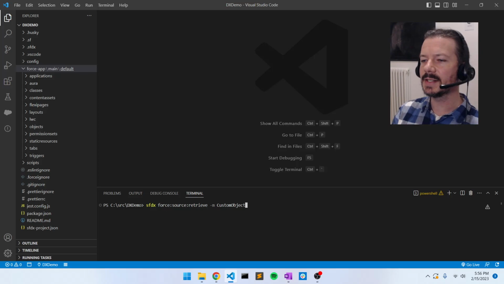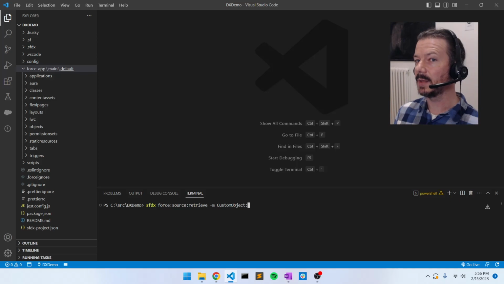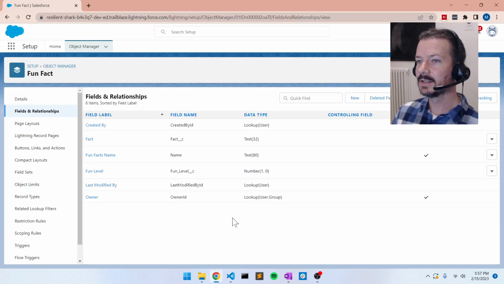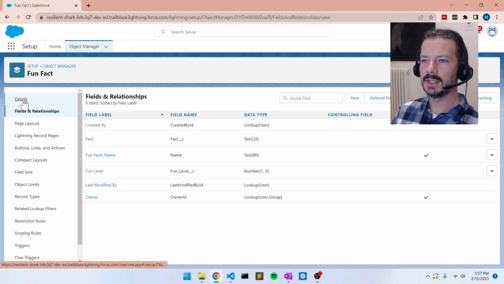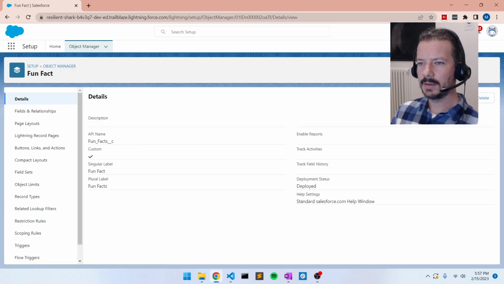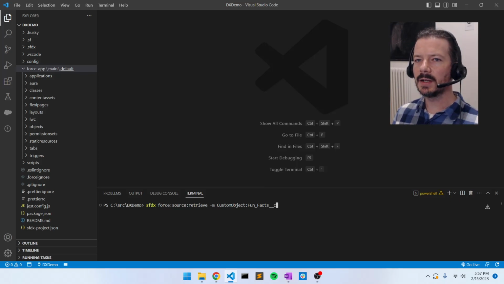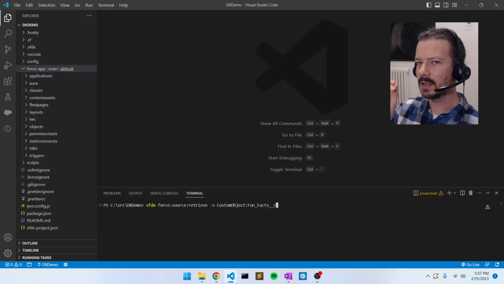Actually, no. Let's not do it that way. That's really just bad practice. Let's say custom object is the type. So we want to get a custom object, and we want the custom object that has the API name specifically of the object that we just created. So let's go back to our fun fact object and go to details, and let's grab that API name and paste it there. This tells Salesforce, let's grab the metadata files for specifically this custom object. So if we hit enter there,